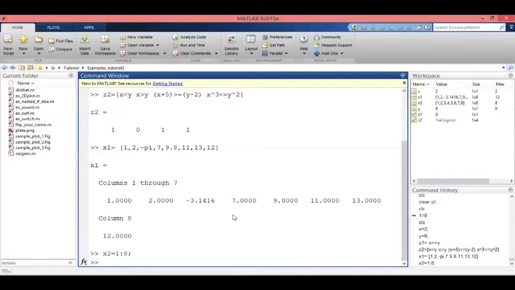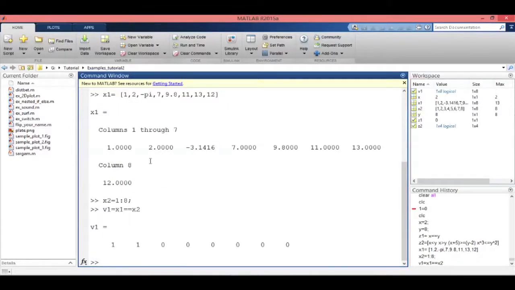Now if we want to compare two arrays, let's store the result in v1. So if I say v1 = x1 == x2, MATLAB will compare each element of vector x1 with each element of vector x2. It will see if they are the same. If they are equal, MATLAB will return 1, else it will return 0. So as we can see, only the first two elements will match,